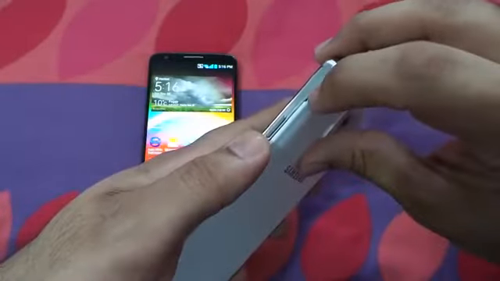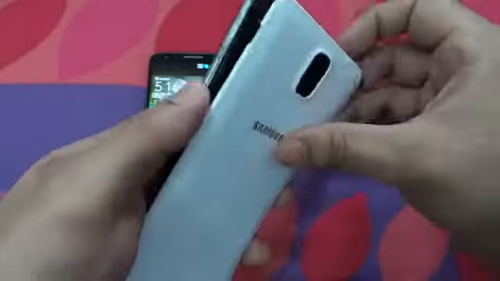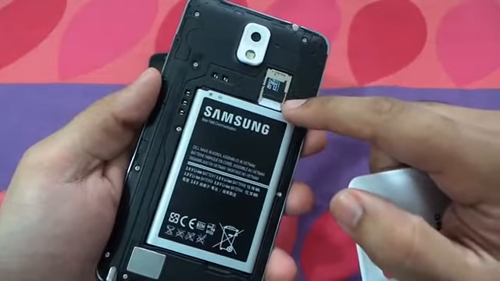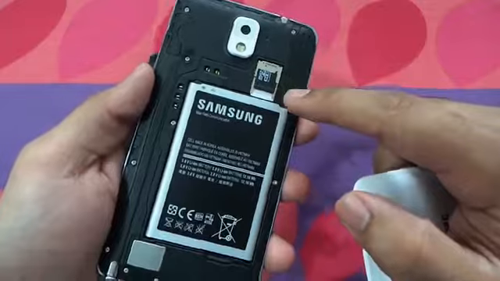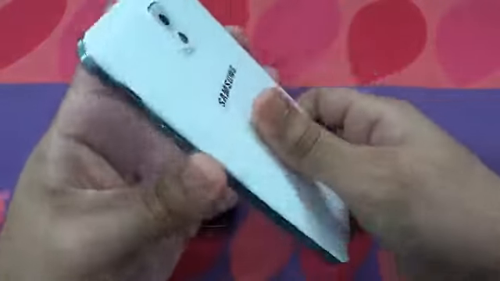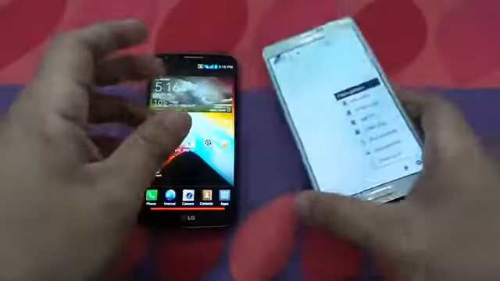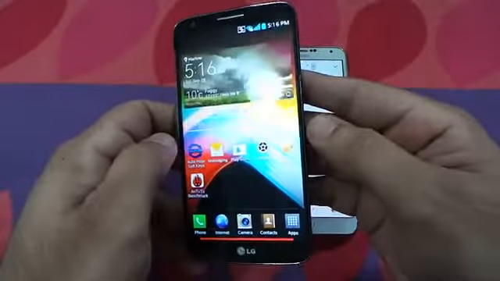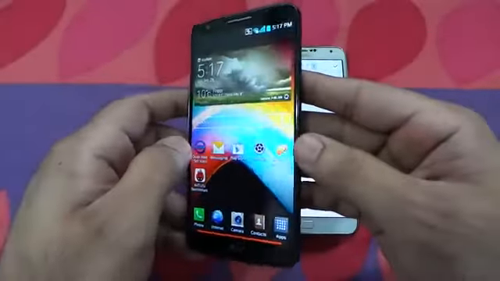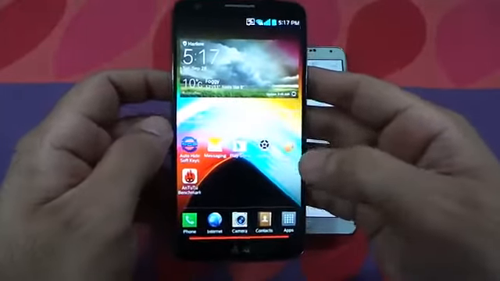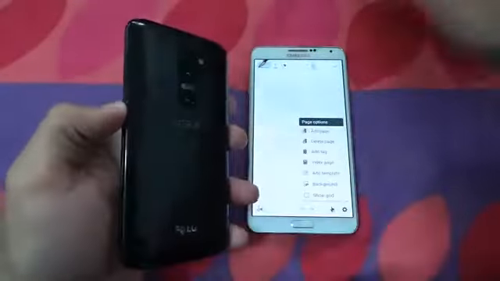So this is how you remove a battery cover from your Note 3 to access the micro SD card slot, the micro SIM slot and your battery. On the other hand, LG has reduced the bezels of the G2 to make good use of its full 5.2-inch HD display, which actually looks good. On the back of the LG G2,